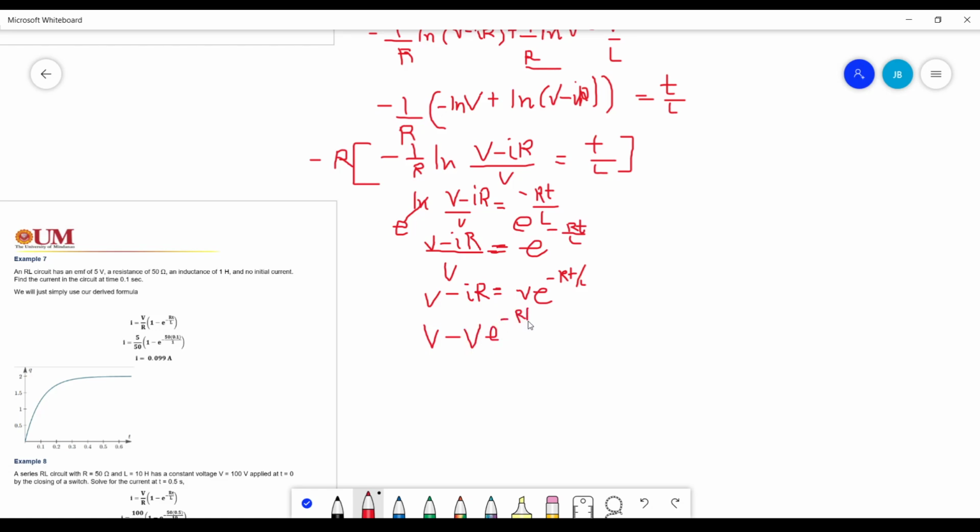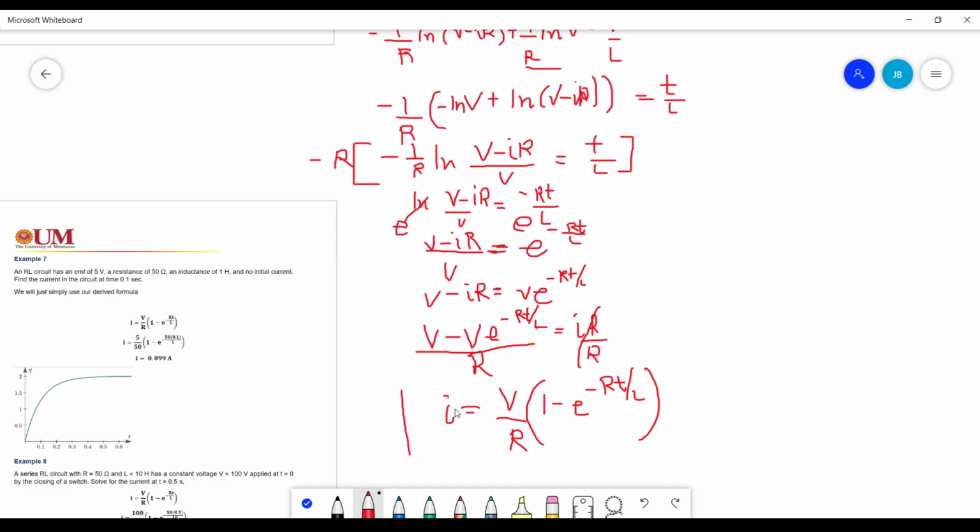So to find I, yes, you divide both sides by r, then cancel, so your I will now be equivalent to v over r. So factor out, guys, factor out v over r times 1 minus e raised to negative rt over l. Okay, so this is our solution